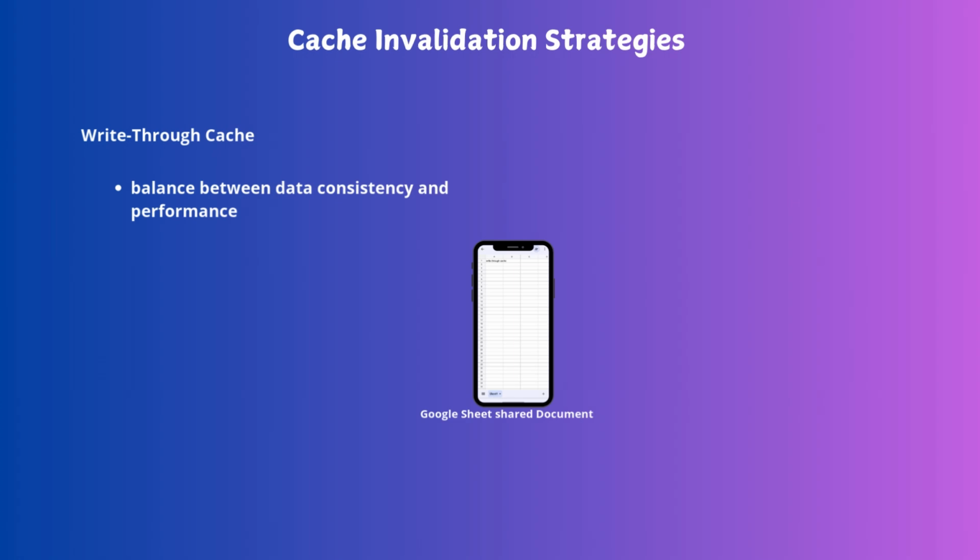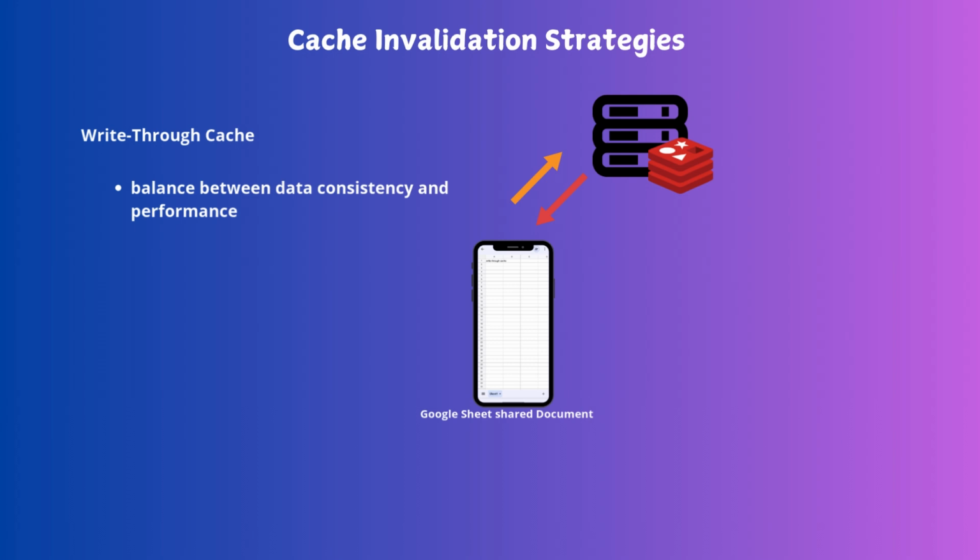In the write-through cache strategy, whenever an update or a write request is made to the system, that data is simultaneously written to both the cache and the main storage, often a database. This ensures that the cache is always in sync with the main data store, preventing any stale data from being